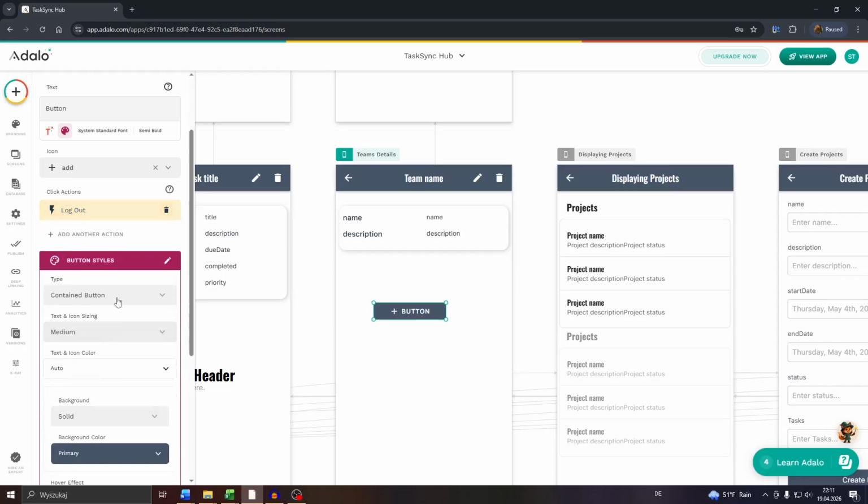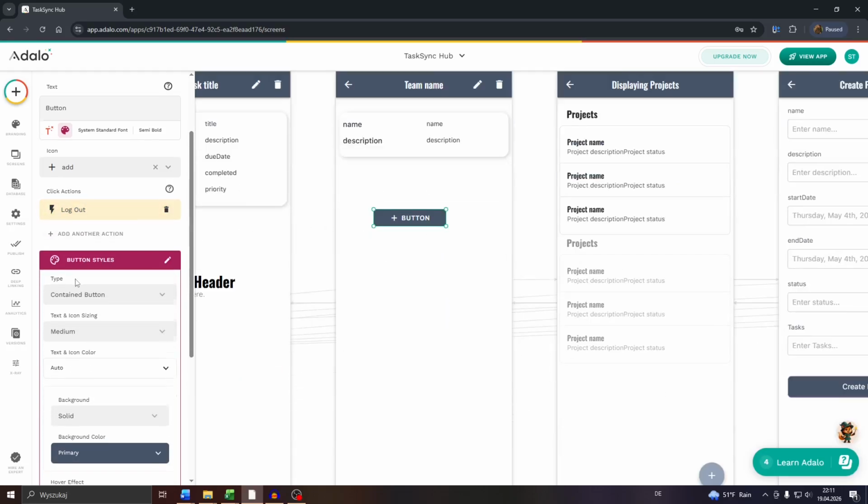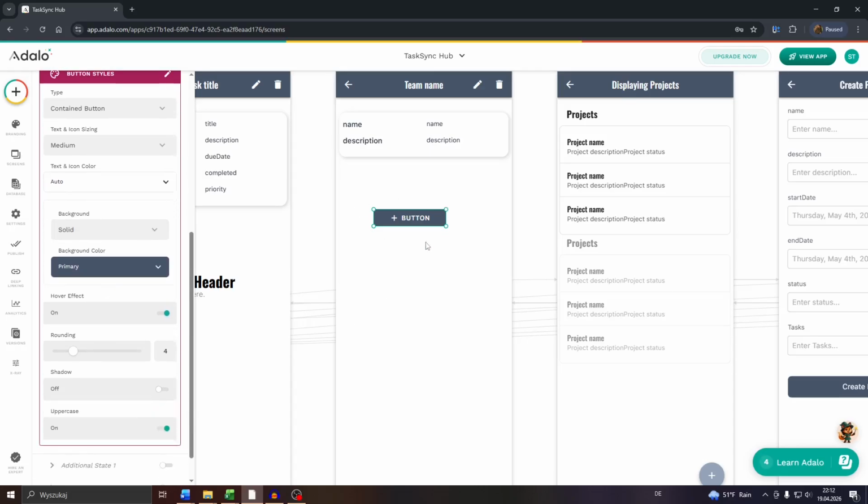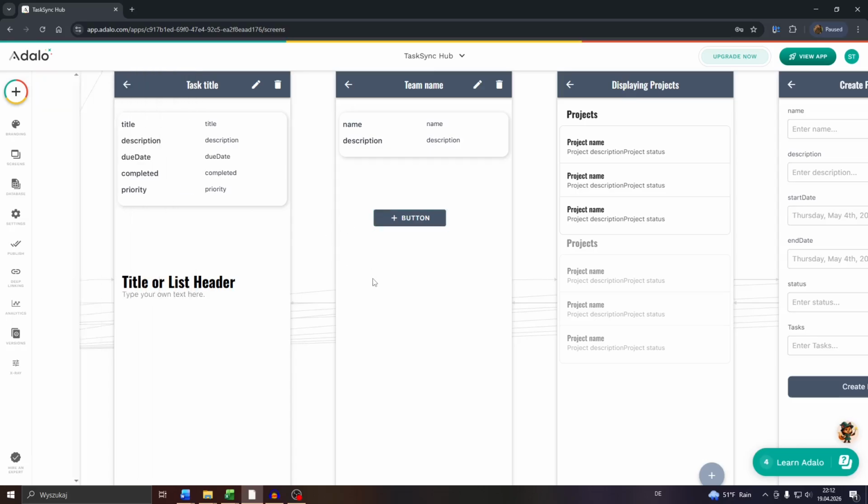You may also customize the appearance of the button below by clicking into the pencil button here. For example, choose between the text button, outline button, custom button. Change the background, the text and icon color, the rounding of the text box or button box here. So guys, that's how you customize, edit and create a button on